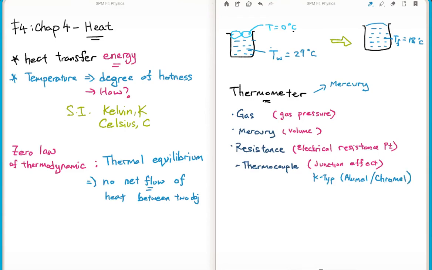Chromel is chromium and nickel based, and alumel is manganese, aluminium, nickel, and silicon. With this combination you get a thermocouple, and you're able to use that to measure temperature. But what do they have in common? Why is it possible? Because all of them are said to behave this way. What happened? This substance